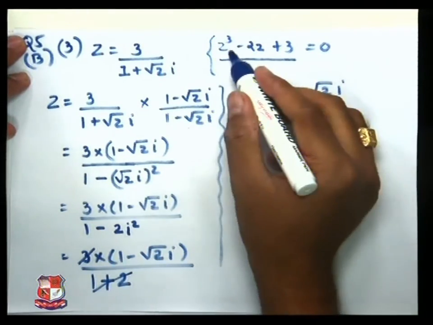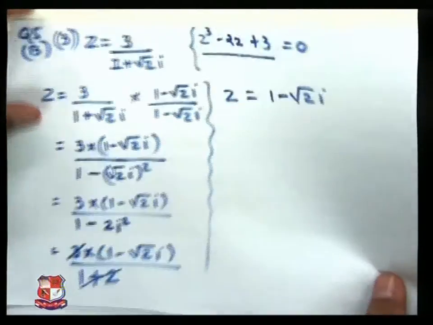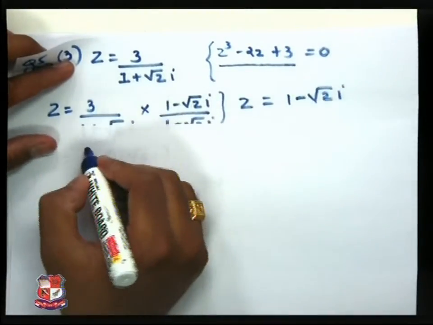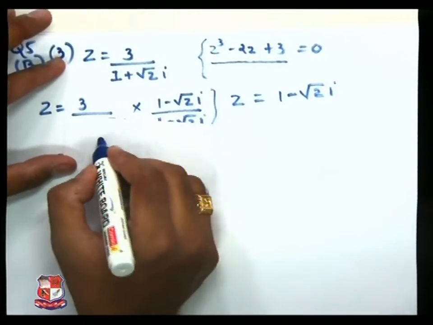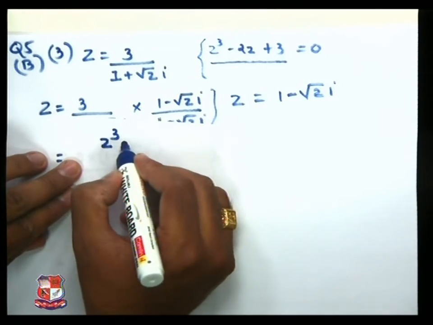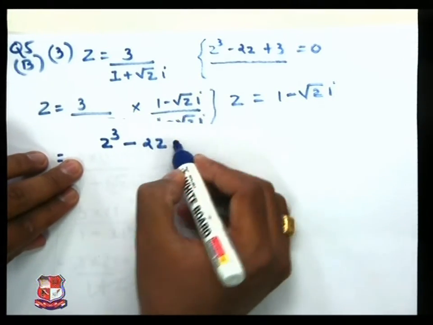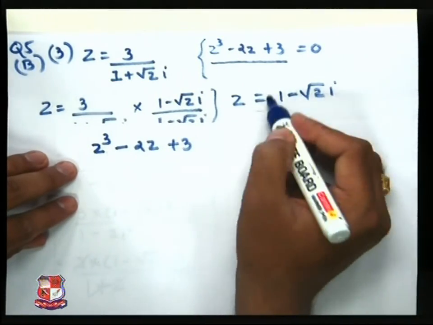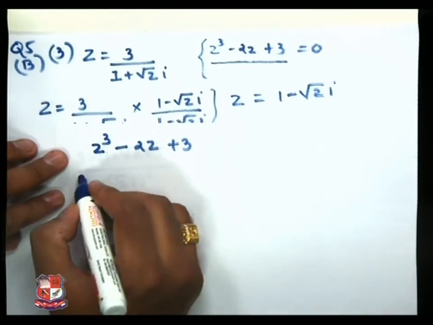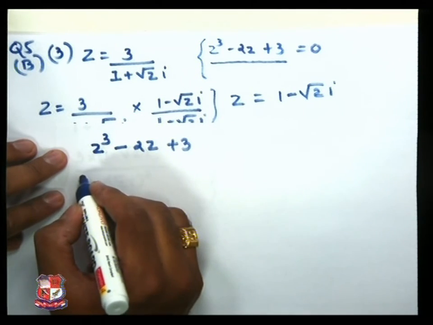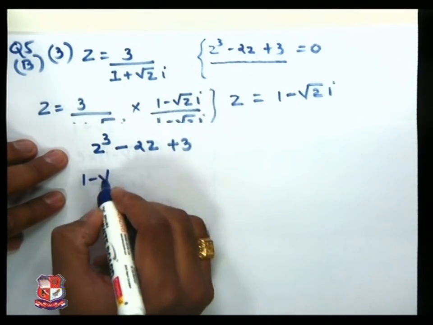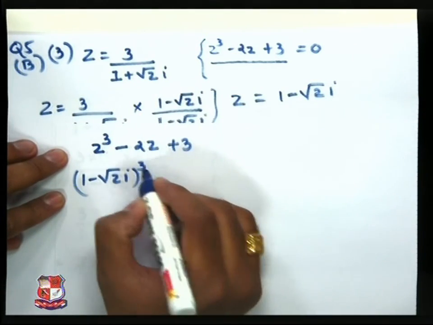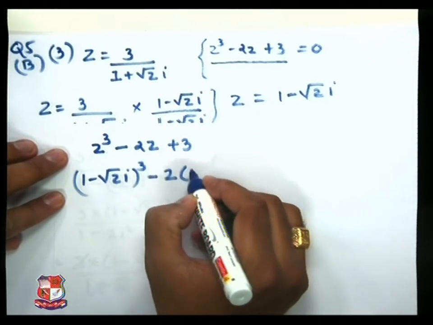So we replace z with 1 minus under root 2i. The equation becomes z cube minus 2z plus 3, that is, 1 minus under root 2i whole cube minus 2 times 1 minus